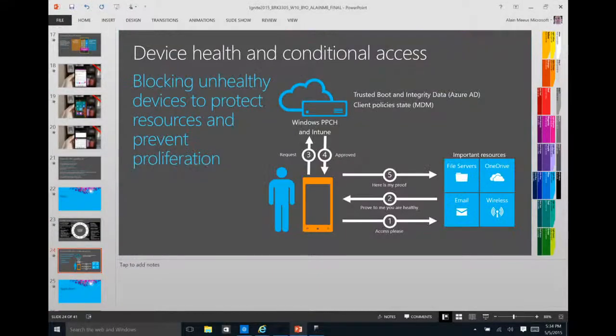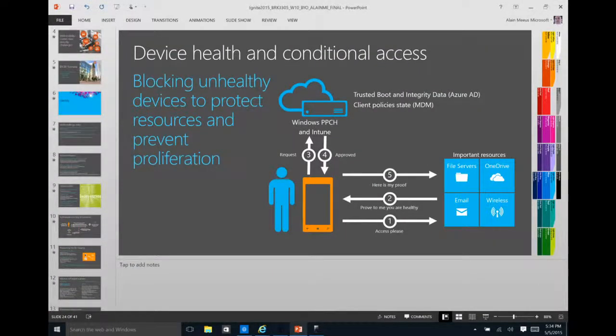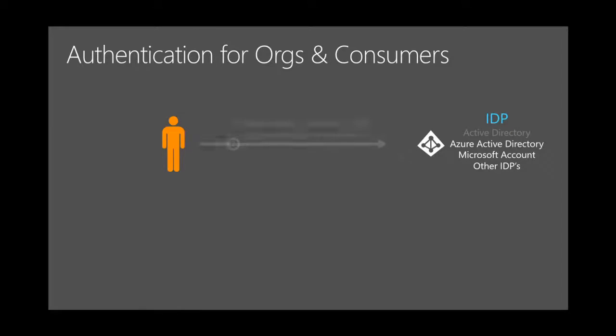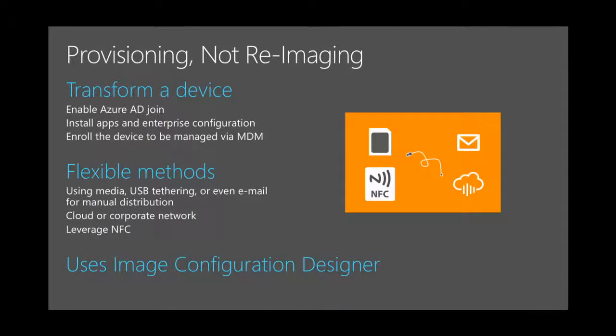So I'm going to escape and go back up, because we were here, right? So we have an identity, we authenticate. Now, how does the identity get on the phone? The identity can also be put on the phone through a provisioning system. We have a new tool, and it's the wrong name for it: it's provisioning, not imaging, but the tool is called Image Configuration Designer. It's part of the ADK. You can download it already today for multiple versions of the public versions of Windows 10.